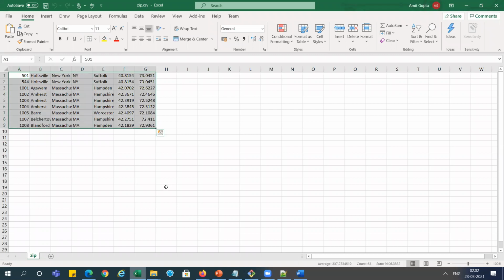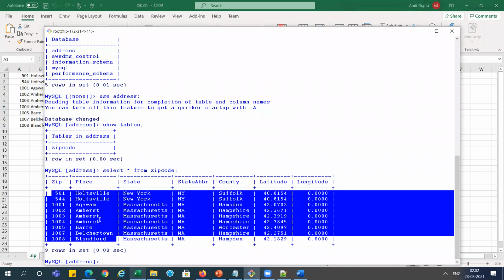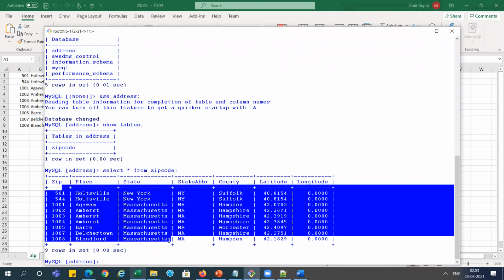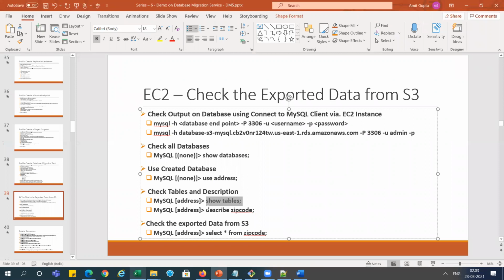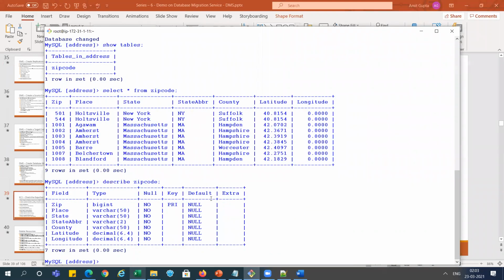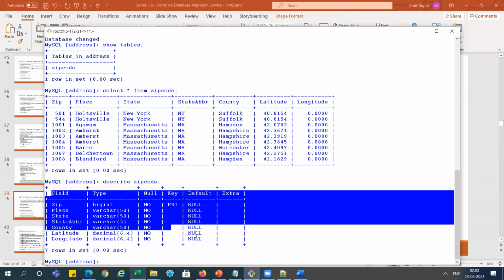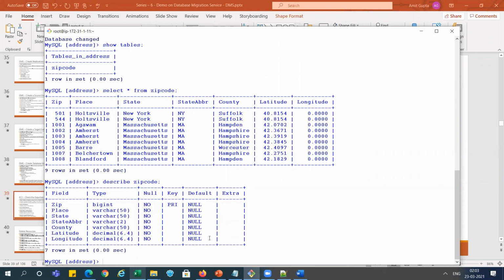This is migrated from S3, this Excel sheet, to the database directly, right? So it is done, right? And you can see the described table also. What is the configuration for this table? You can see here. Now it is successfully migrated from the S3 CSV file to the RDS database, right?